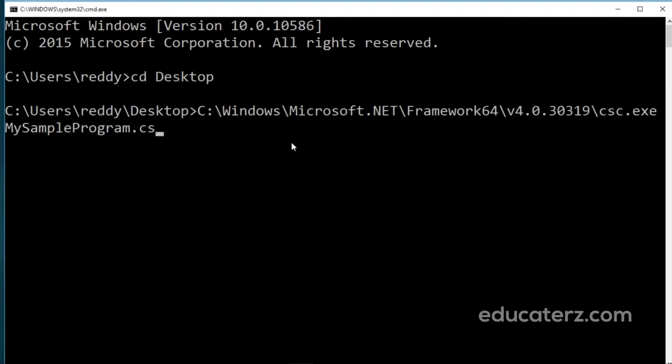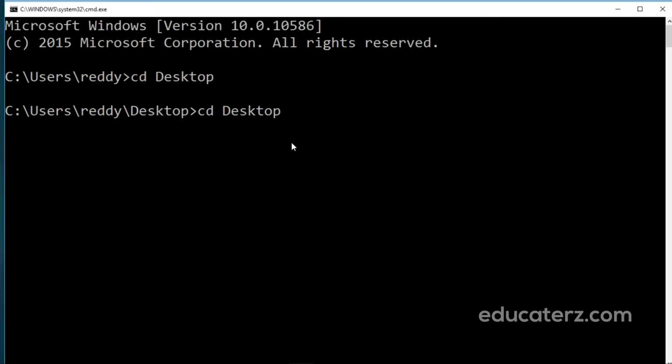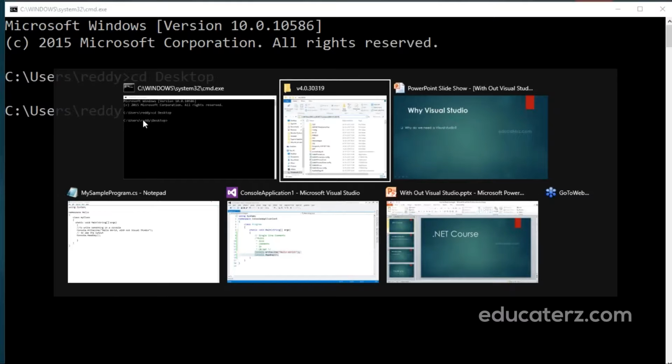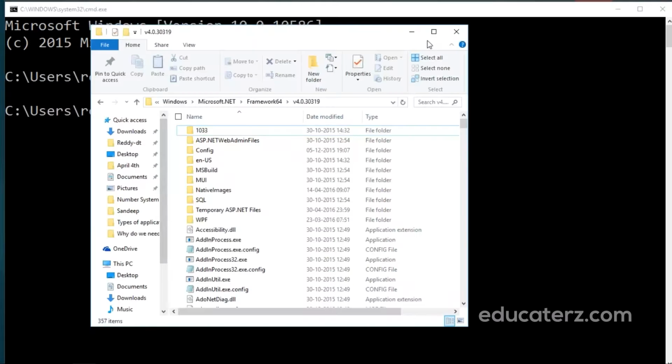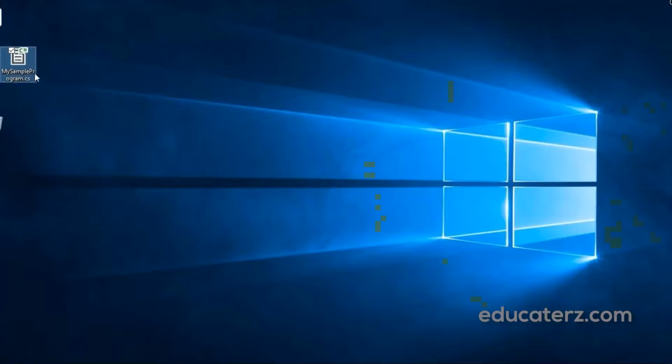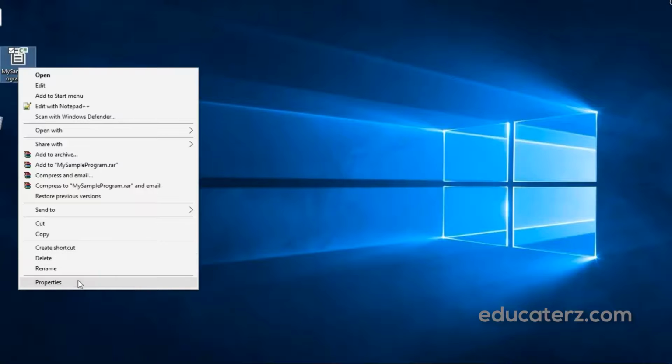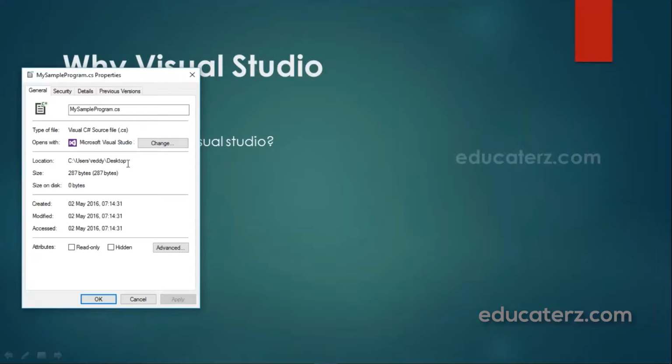Let me tell you again, if you are confused. We are at the cd Users\Ready\Desktop path. We went to this path because we saved our file on the desktop. You can see this in the properties: C:\Users\Ready\Desktop.